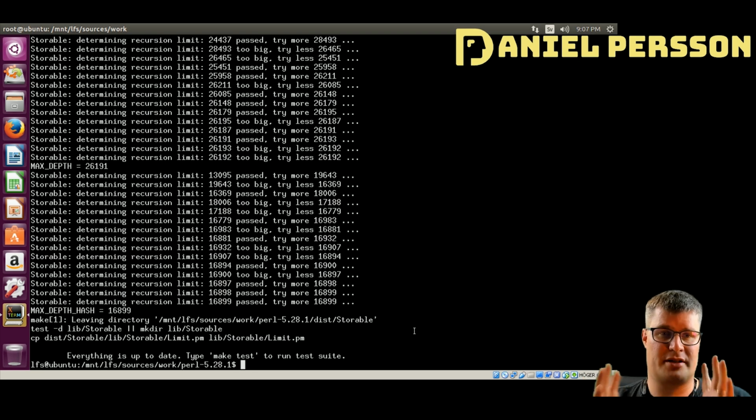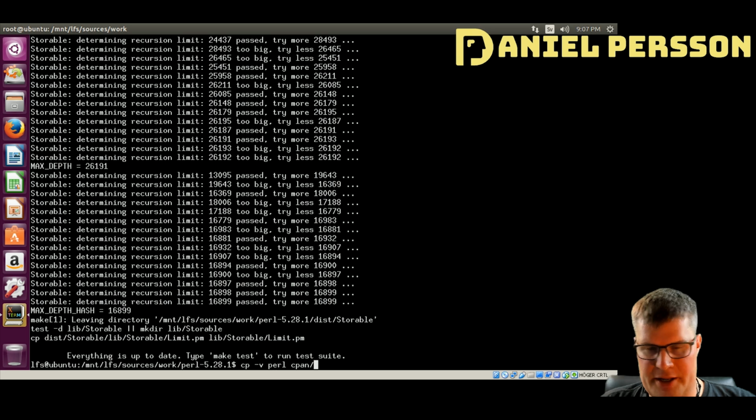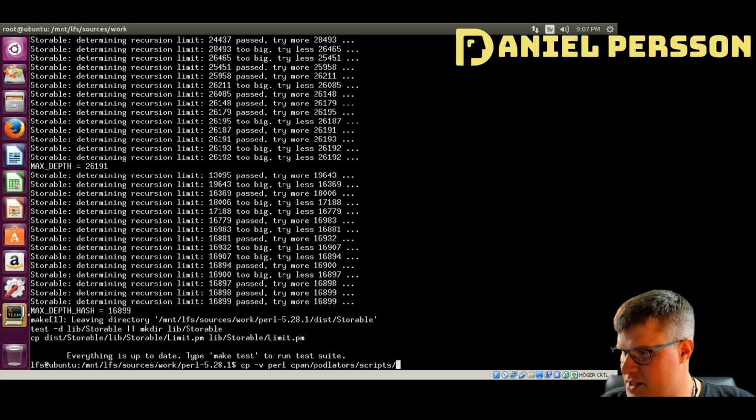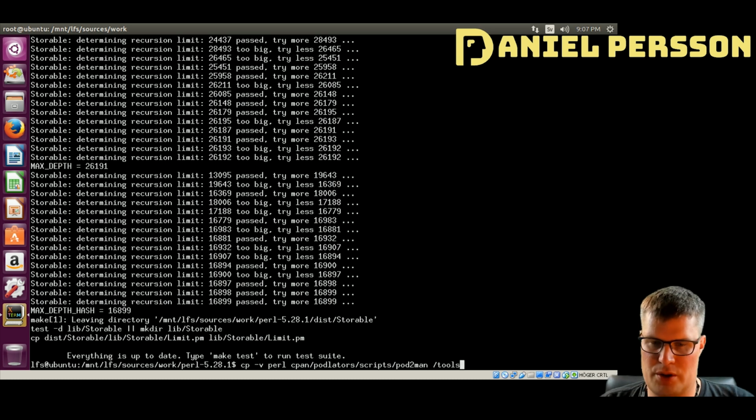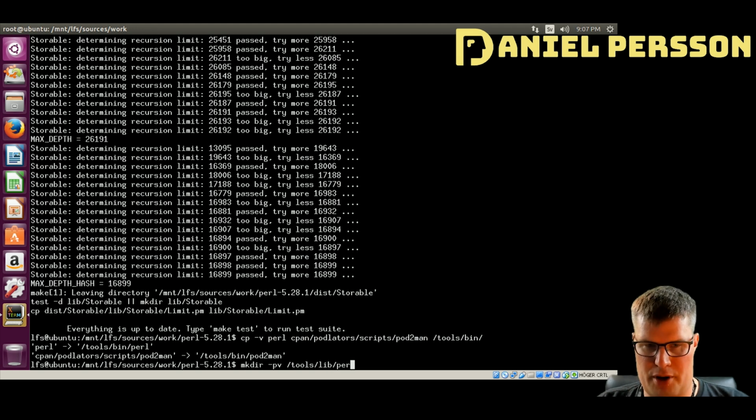So now we have run make on the Perl programming language. Now we need to copy some things. We need to copy the Perl command and cpan, podulators, scripts pod to man into tools bin. We copy those two, and we will make a directory in tools lib perl